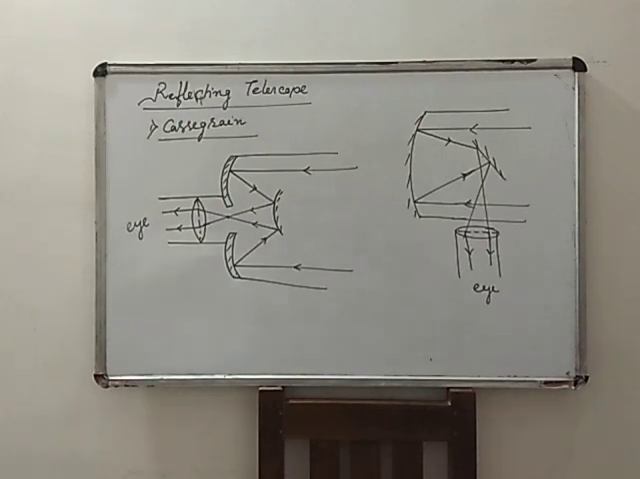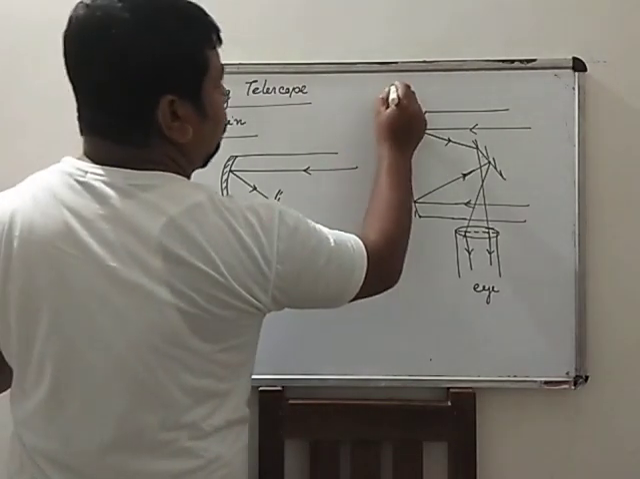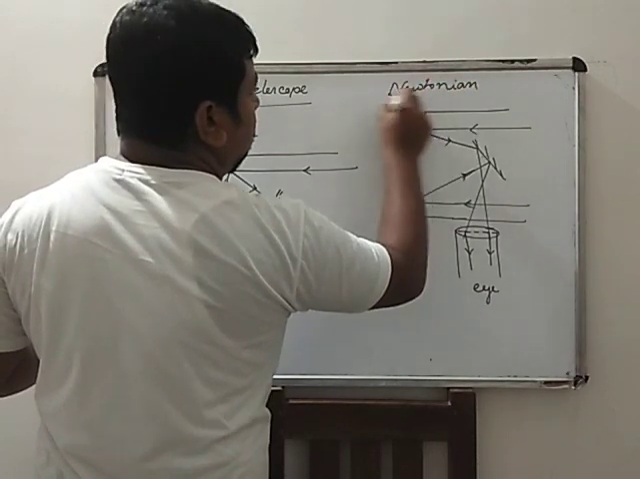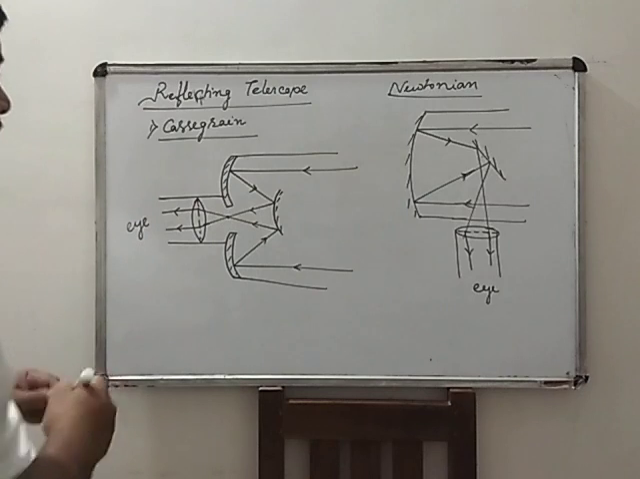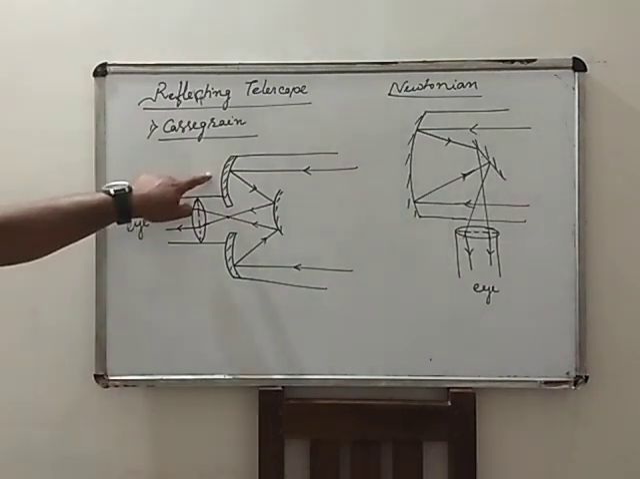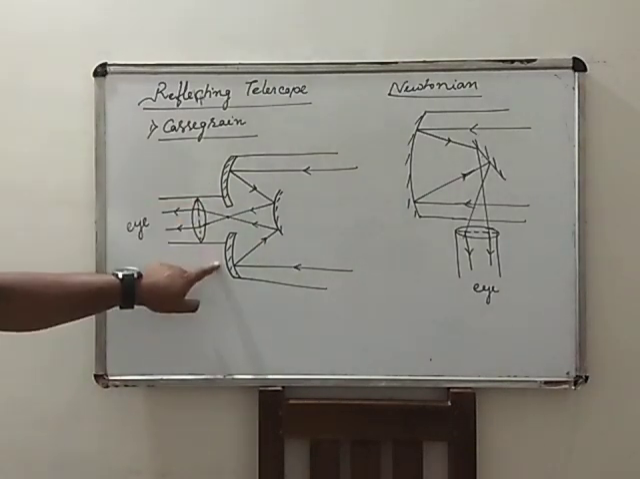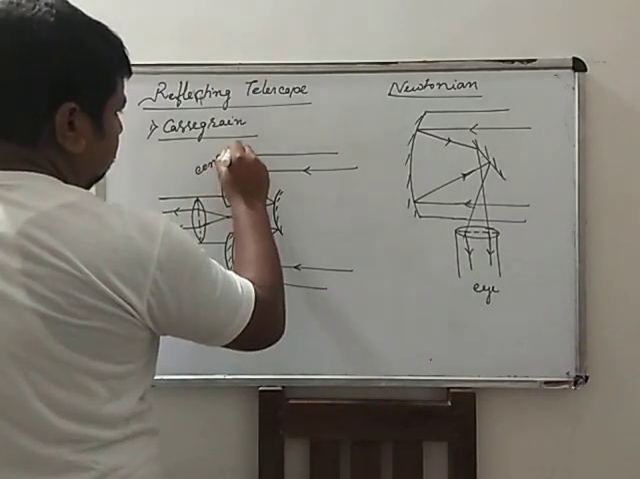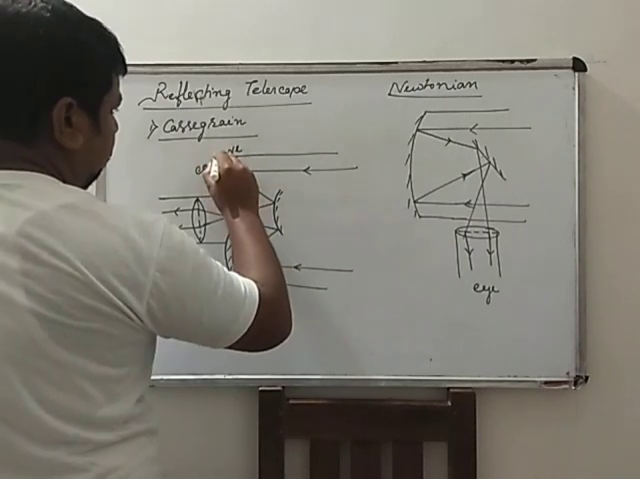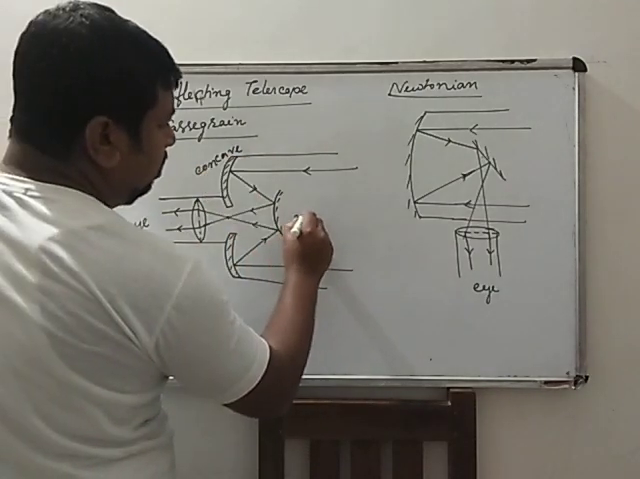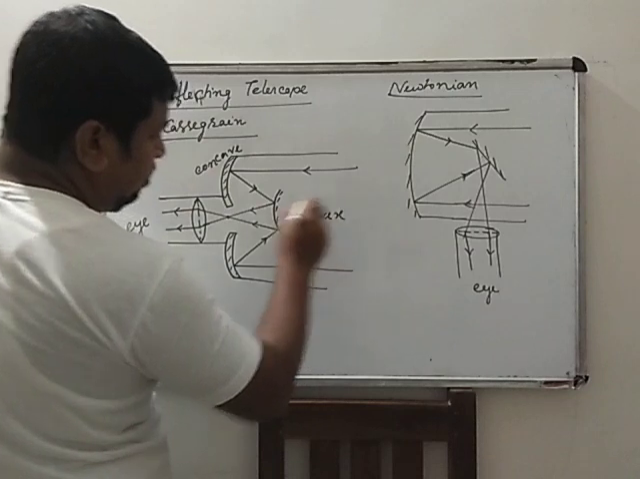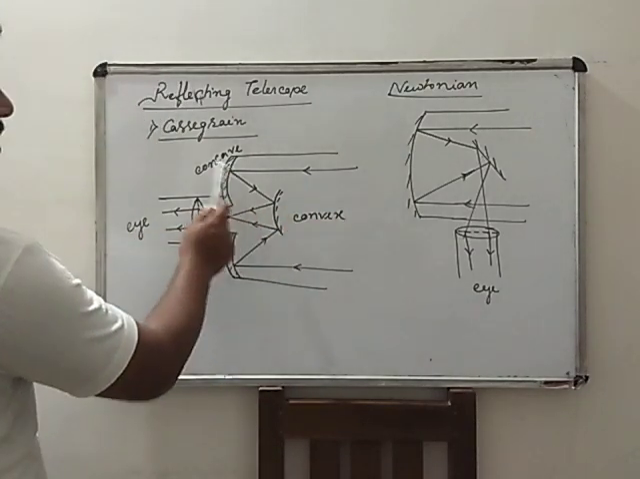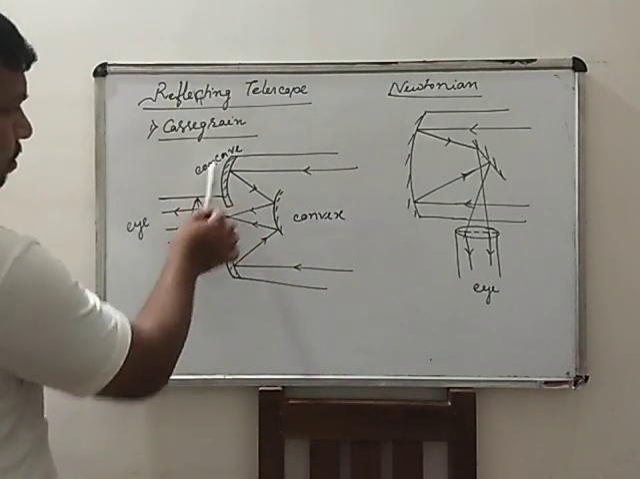So dear students, see, this is the Cassegrain telescope and this is the Newtonian telescope. First you see in the Cassegrain telescope, these two mirrors are concave mirrors. This is concave and this is convex. So a parallel beam of light coming from the object is incident on the concave mirror, then